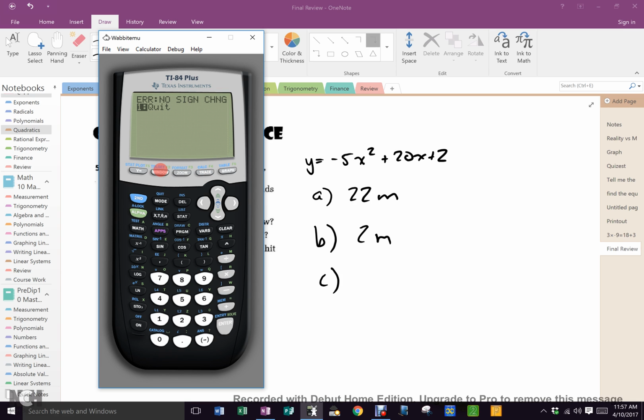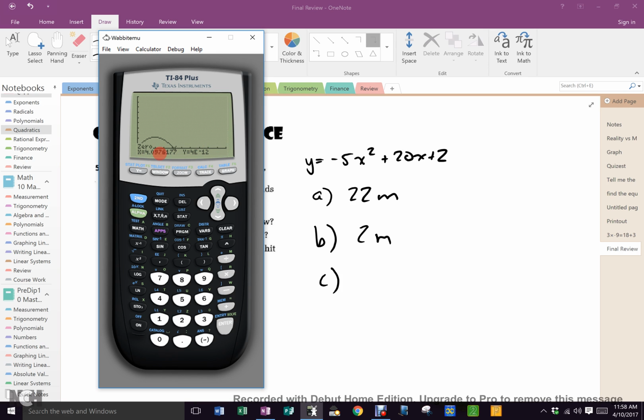So I go to my window. And I'm going to give myself some negatives now so I can get that left boundary. Negative 10. I'm going to regraph. Now I can see that left boundary there, yes? So second calc, 0, left boundary. There's my cursor. It's to the left of the 0. Enter. Now I go to the right of the 0. Enter, enter. And I get